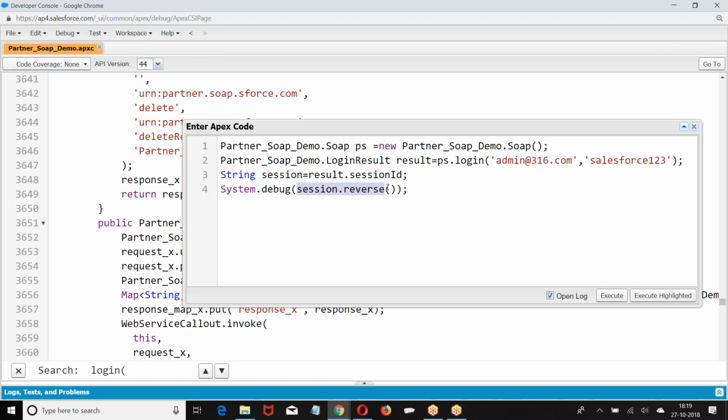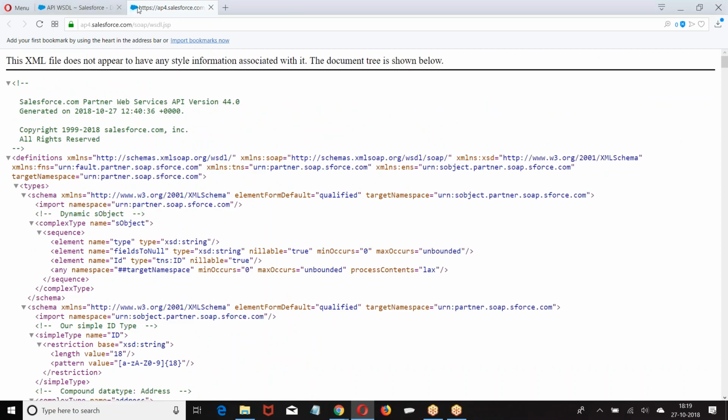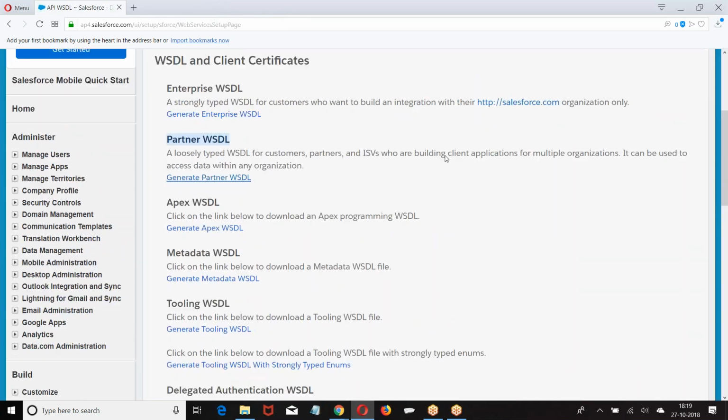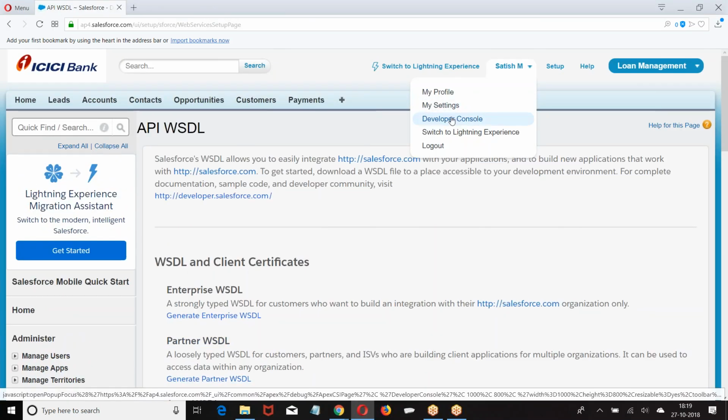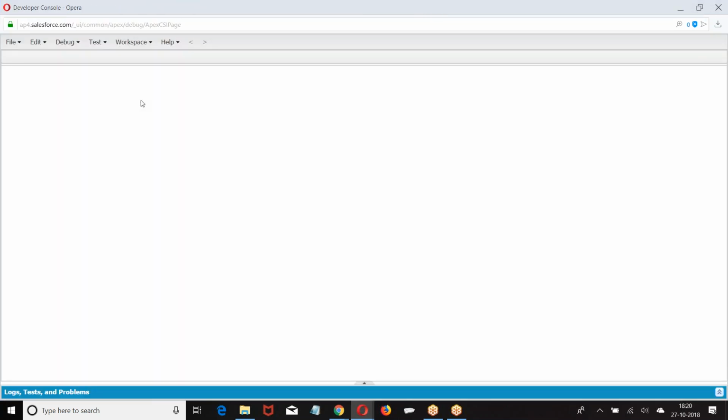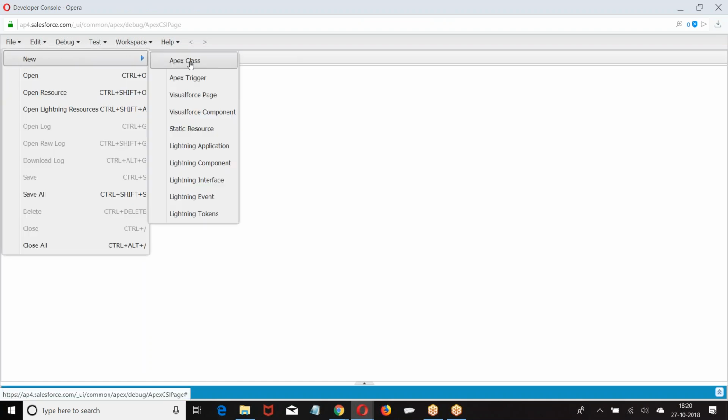Using this session ID, I have to make a request to that org, get the data. How will you get the data? Look at this. File.